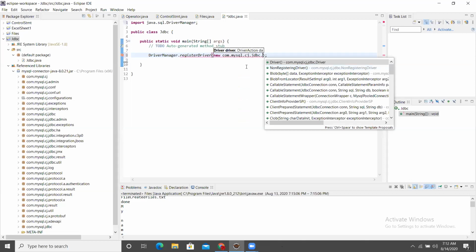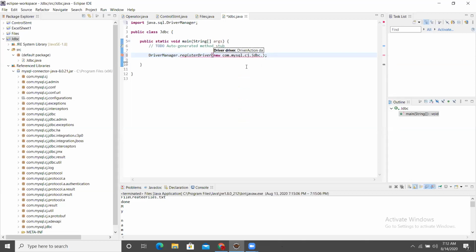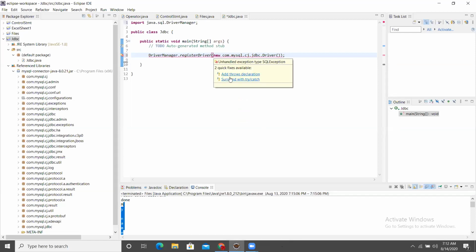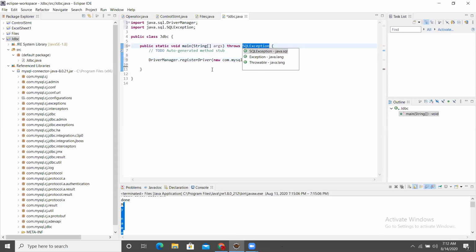That is Driver. Select the Driver, the first one. Now put the cursor there, and it is asking to throw an exception. I will talk about that later. Add throws. And in the second line, go to DriverManager dot.